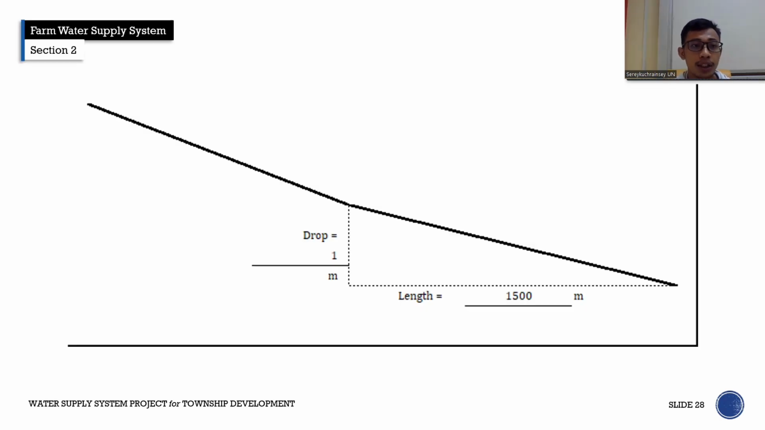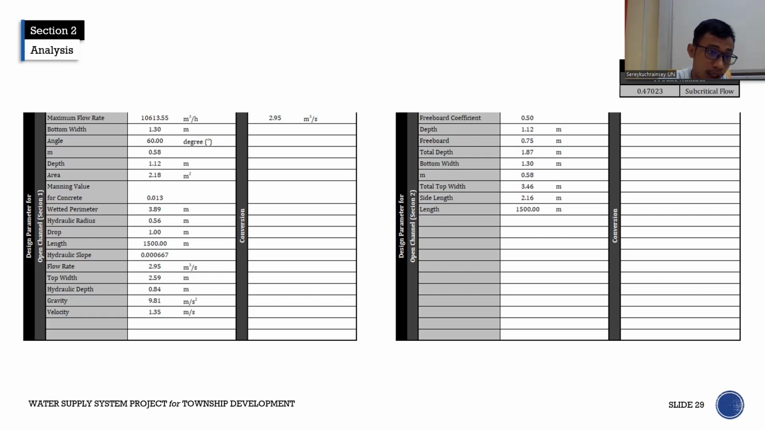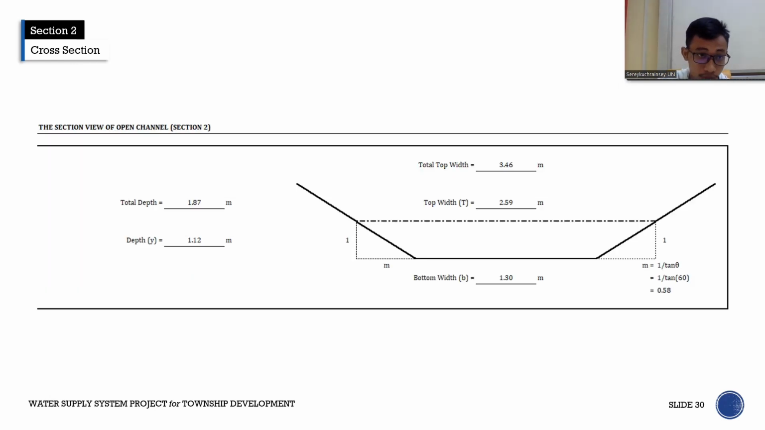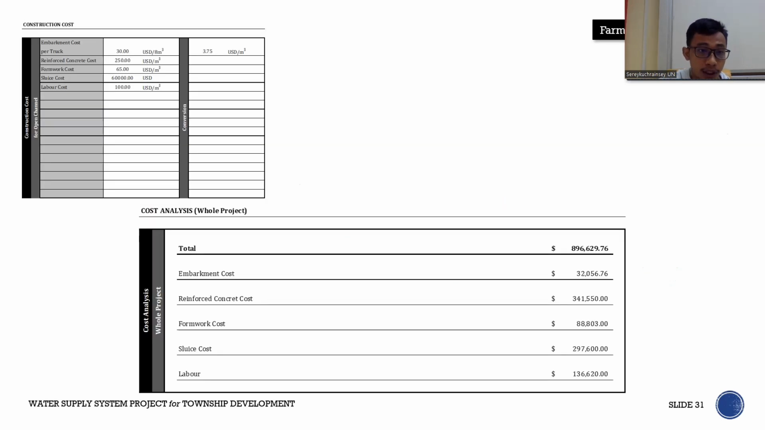And here is section 2 of our designed open channel with a drop of 1 meter and a length of 1,500 meters. And here are the design parameters that we use to calculate the flow rate. For the second section of the open channel, the total depth is 1.87 meters with a water depth of 1.12 meters. And after we designed it, here is our total construction cost,